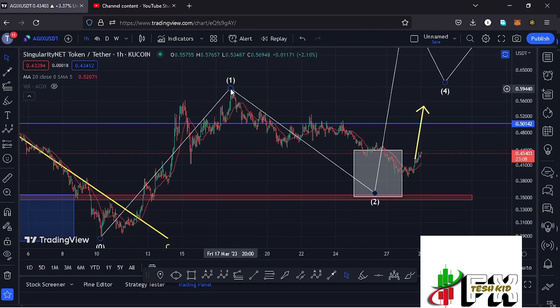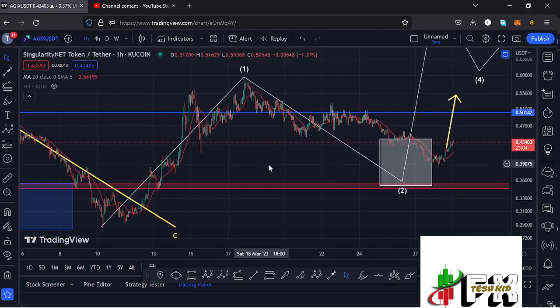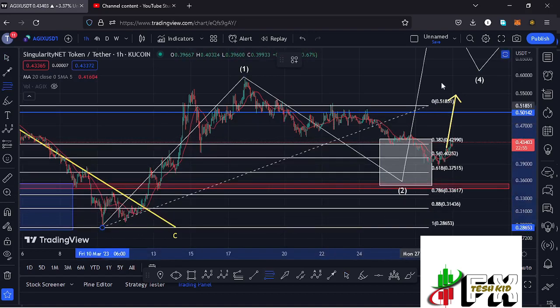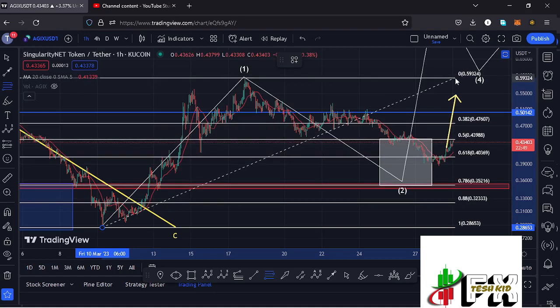And having seen the high for that first wave to the upper side, whatever we expected next was a corrective structure to the lower side in the formation of this wave 2. Using the Fibonacci's, connecting them from the low of the first wave down there to the high of that wave 1, I was able to come up with a minimum retracement area in the formation of that wave 2 between the fib level 0.5 and the fib level 0.78 as a maximum, which is a target area that lies between the